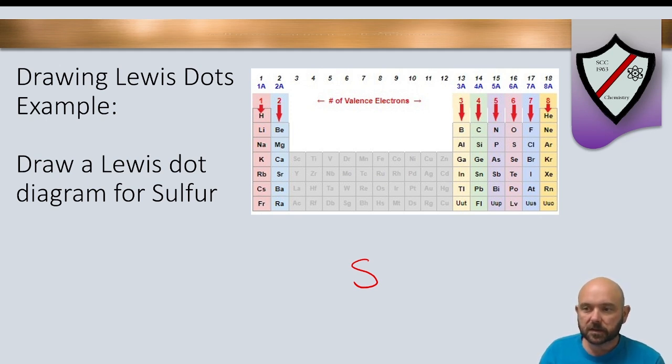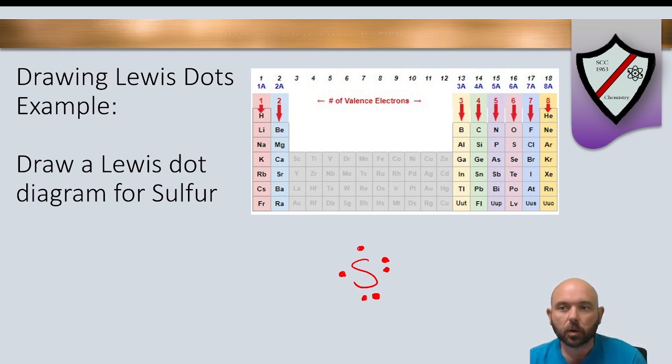And when I'm drawing Lewis dot symbols, the way I arrange the electrons is like this. I start on the right and I put 1 electron on the right side, and then I put 1 electron on the bottom and 1 electron on the top, and on the left, and 1 electron on the top. That's 4 total, and then I'll go back around and I will start to pair them up now, 5 total and 6 total. And so this is what a Lewis dot diagram for sulfur may look like. And then we can see we would need to get 2 more electrons to get the octet rule, so we can infer from that sulfur will probably form 2 bonds with other atoms in order to satisfy the octet rule